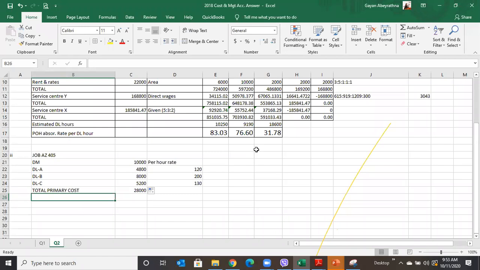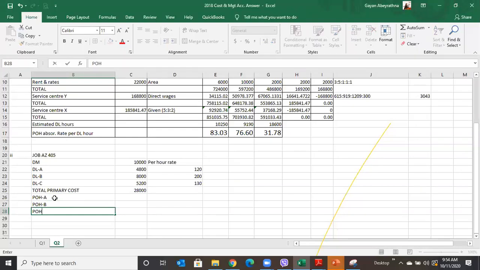What is the step? After the primary cost, production overheads. We have to add production overheads. Here we have calculated production overhead belongs to these 3 labor departments: A, production overheads from A, production overheads from B,